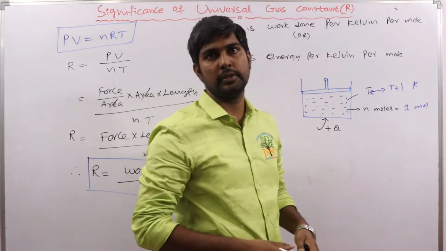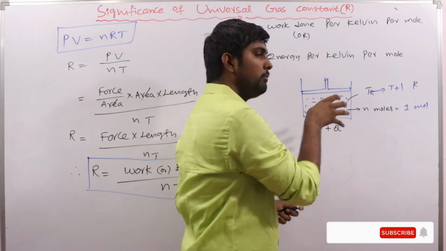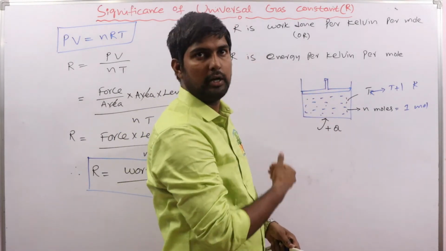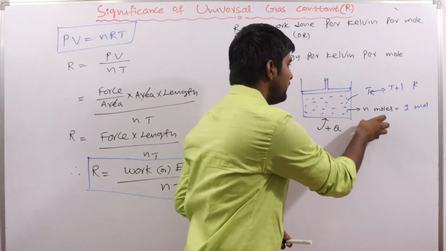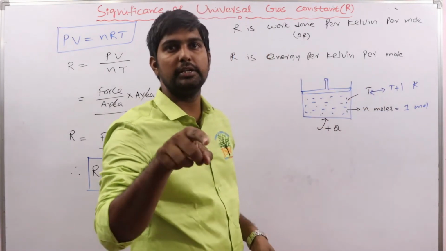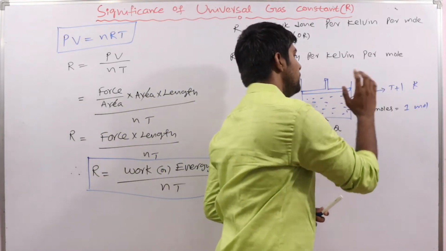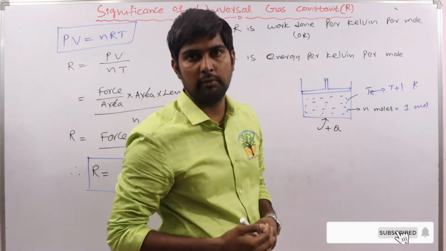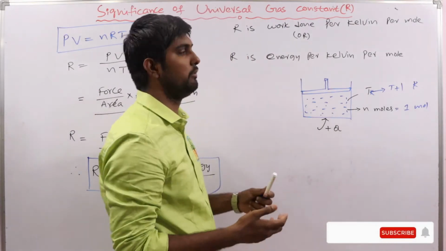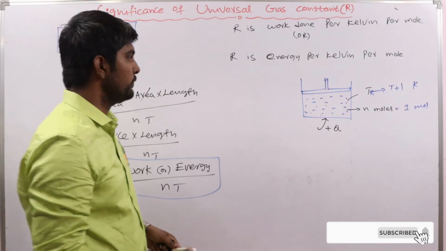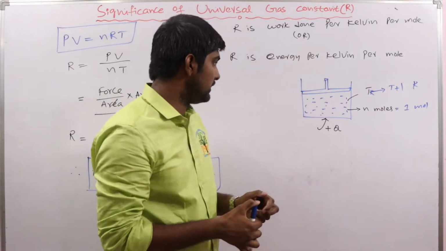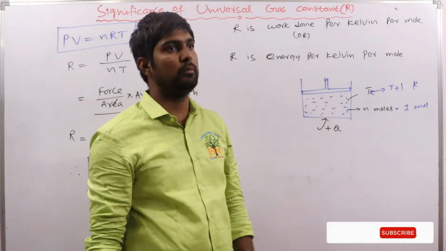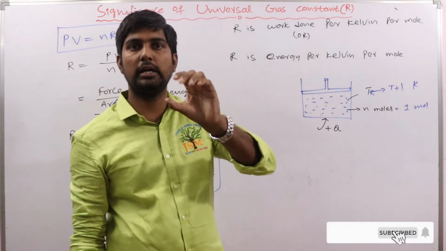The temperature increases. Now we have 1 mole of gas that is heated and expansion is taking place, which we already discussed. So this 1 mole of gas is expanded and its temperature is increased by 1 unit, T Kelvin to T plus 1 Kelvin, suppose 10 Kelvin to 11 Kelvin, 100 to 101 Kelvin, whatever the temperature may be. Now some work is done by the gas, that is nothing but the universal gas constant.